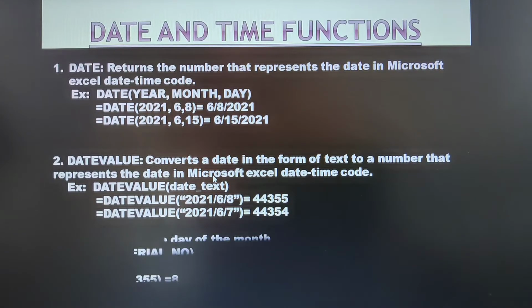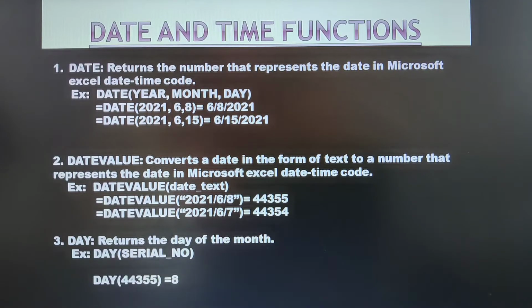Moving on to the next function, that is DAY. If you give a serial number as the input to the built-in function DAY, it will give you the day of that particular month. The serial number of this particular date is 44355.